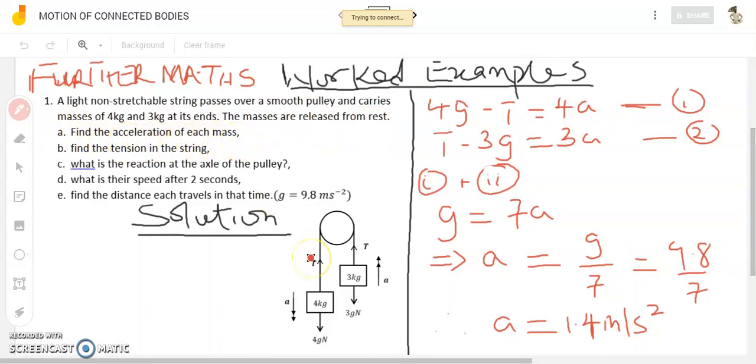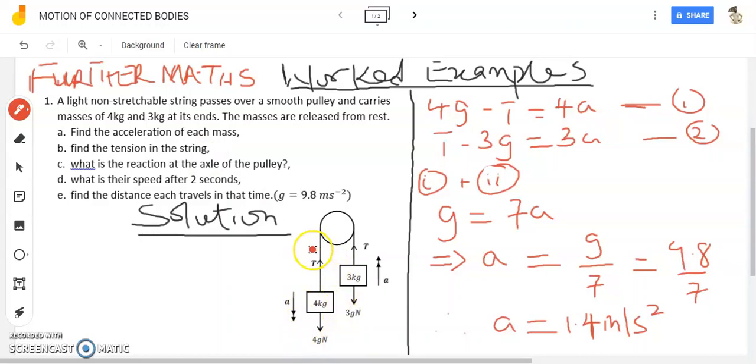Let me quickly say here that these bodies move with the same acceleration. Since this weight is greater, the heavier mass of 4 kg accelerates downwards and the other upwards. So what we need to quickly do here to find the acceleration and tension in the string is to